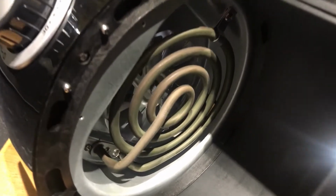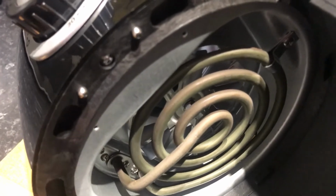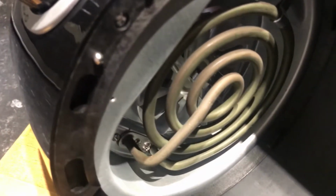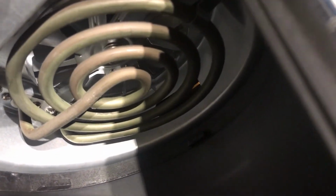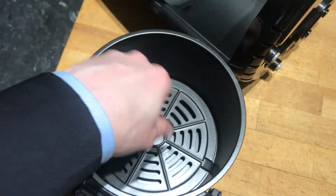On the top here, inside, is your heating element, and just behind it is the fan that will push down the hot air. It seems that in between the dish and the exterior is a bit of space, so I presume that maybe some hot air will come through. There seems to be like a little bit of a port or a vent in the back. Yeah, behind the heating element there's a little vent there. So I think some hot air will come down and circulate around this dish. It's definitely going straight down, probably around